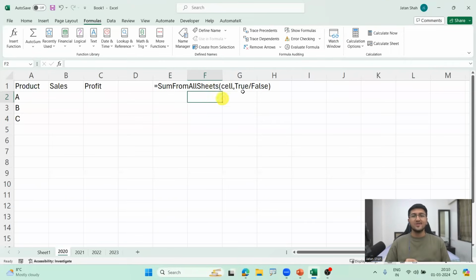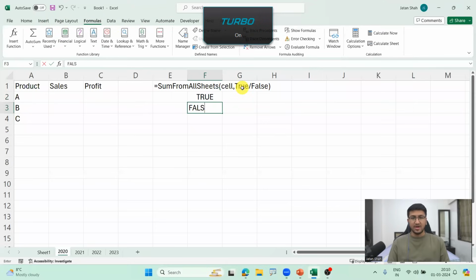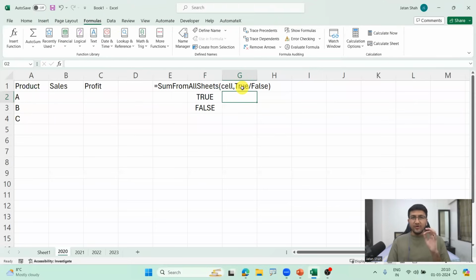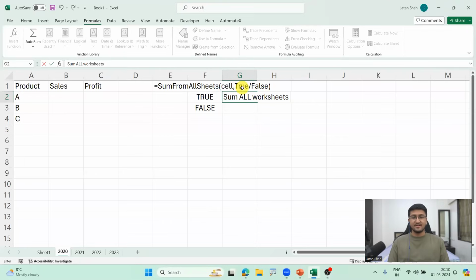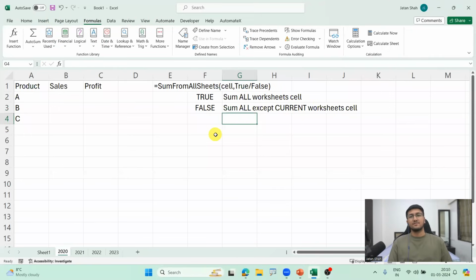Now, you also have something called true slash false. So what do you mean by that? All right. When it comes to true slash false, guys, if you select the option of true, it will basically sum all worksheets cell. However, if you select false, it will sum all except current worksheet cell. So for example,